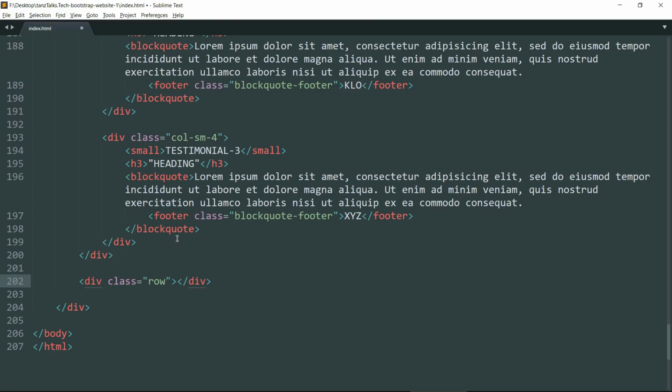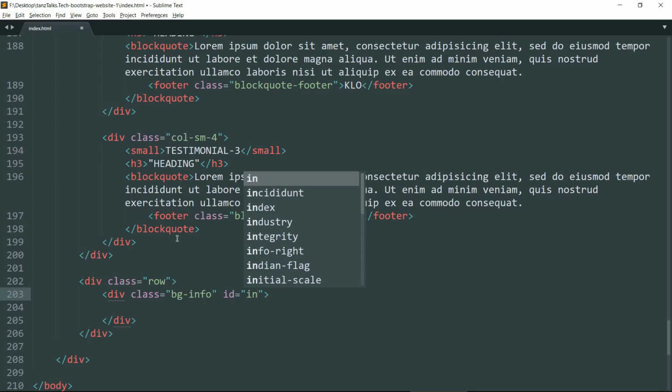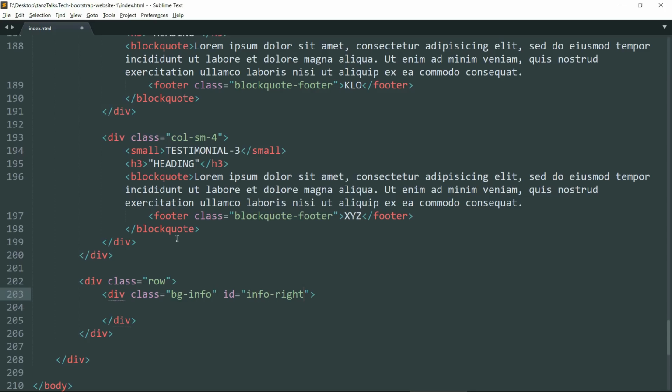Now let me come here, press enter. Now create another div tag, give it a class bg-info and id as info-right.